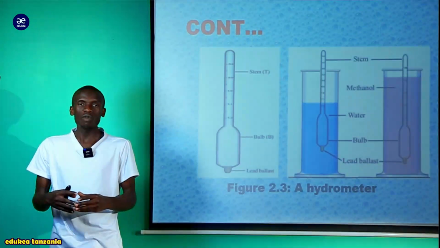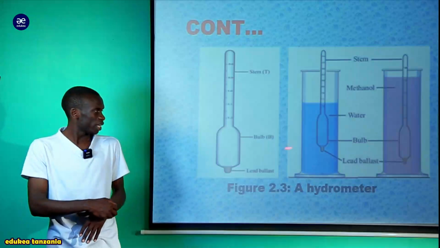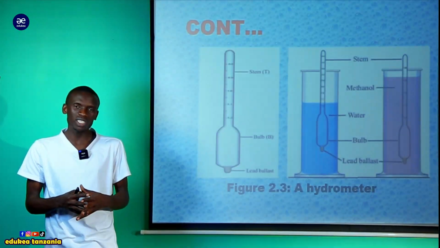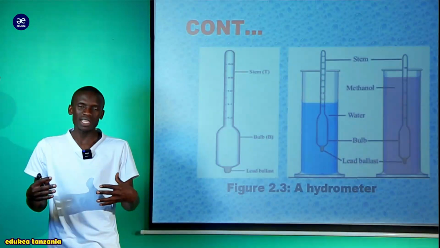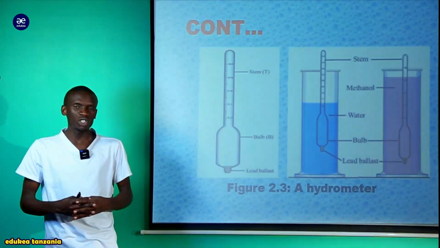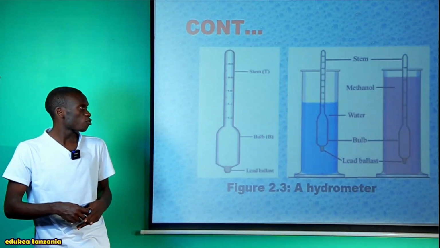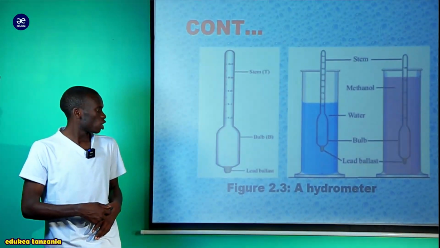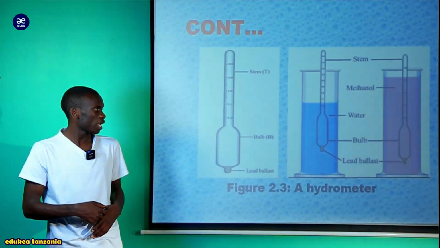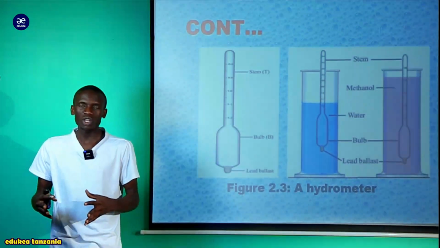So hivyo ndo ambavyo hydrometer imekuwa constructed. Hii air bulb imetumia concept ya flotation kwamba iweze kudisplace amount kubwa ya maji, amount kubwa ya liquid ili iweze float kwa namna fulani, iweze float. So that is about a hydrometer. That is about a hydrometer and how the knowledge